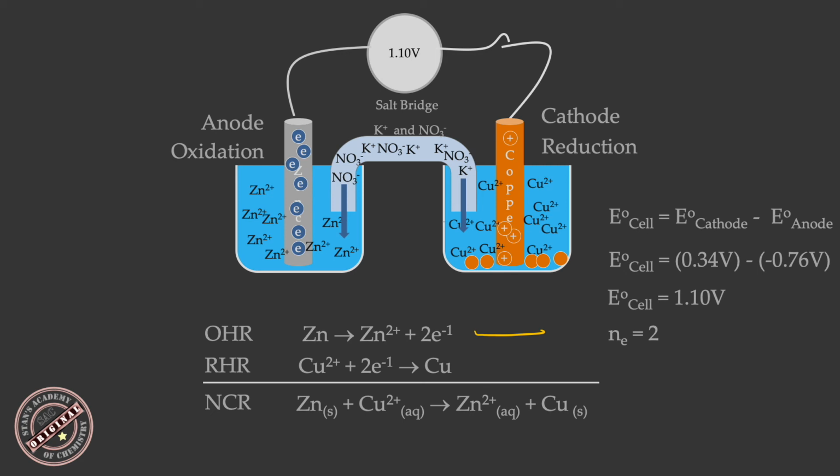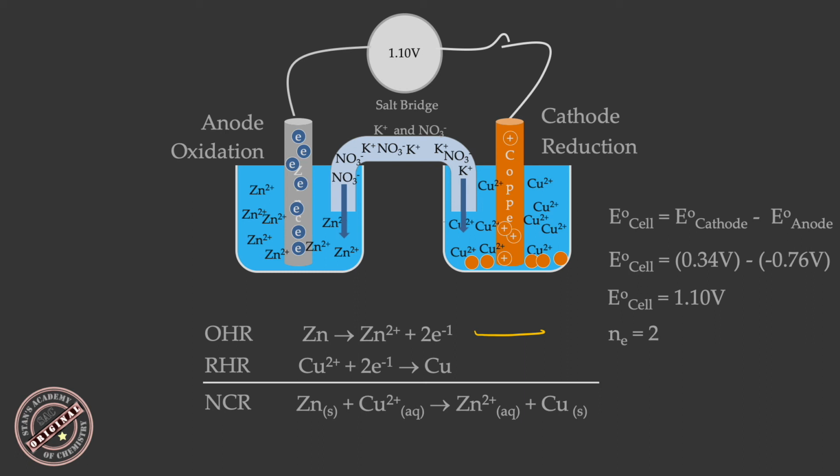If I choose copper as anode and zinc as cathode, then the standard cell potential would have been minus 1.10, which means the choice of electrodes that I have made is incorrect,